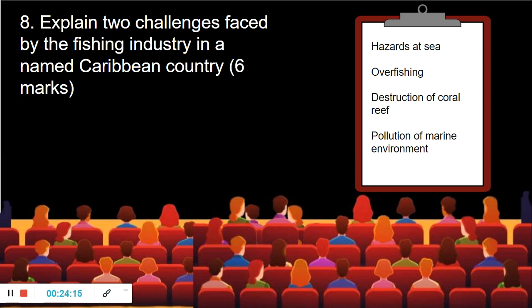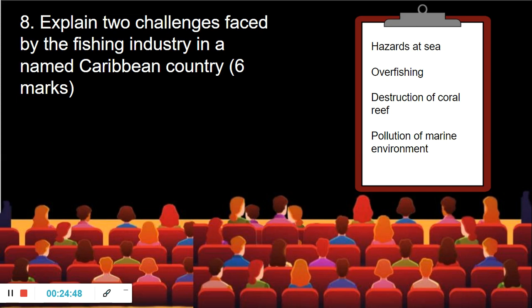Another challenge is that the waters might become polluted. It can become polluted as a result of fishing activities, but it can also become polluted by other activities. For example, agriculture, urbanization. Those things can cause pollution of the water, and when pollution takes place,